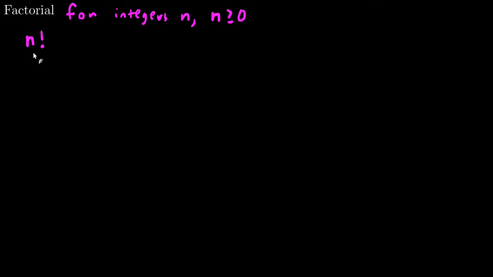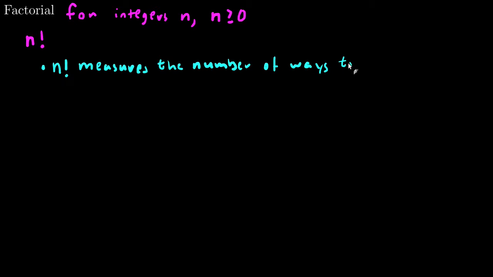So one way to define it is to say that n factorial measures the number of ways to order, first, second, third, fourth, so forth and so on,